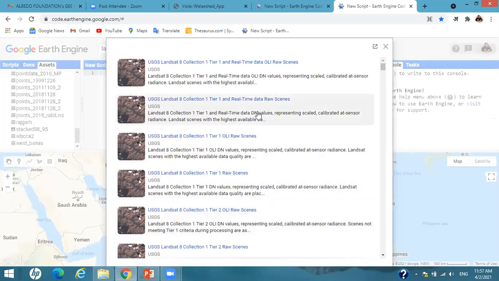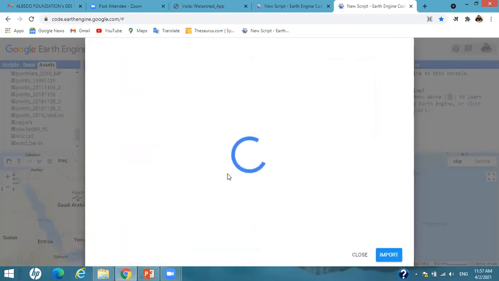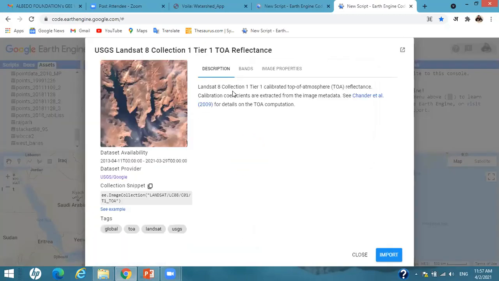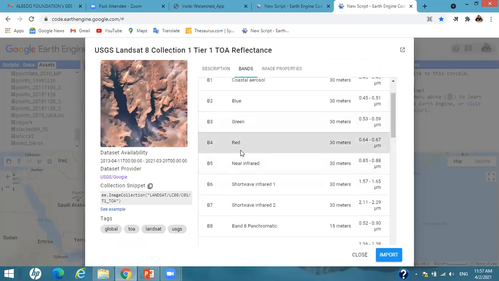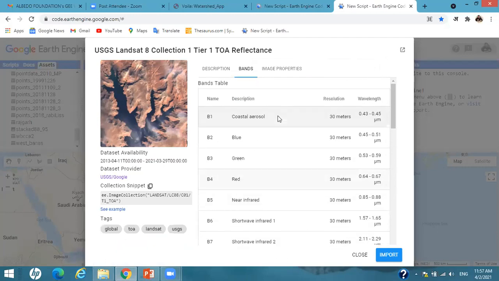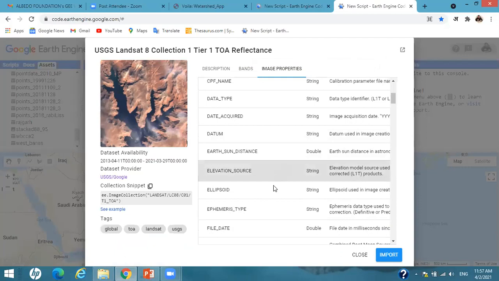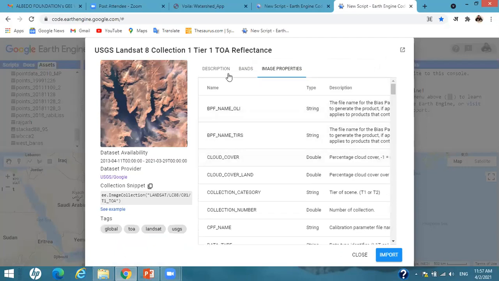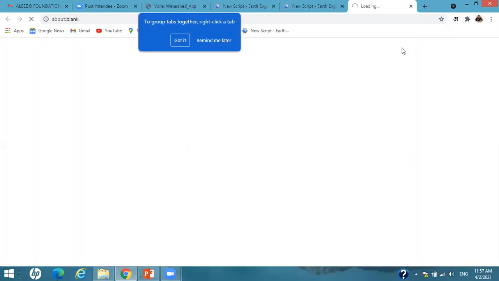If I want to display the top of atmosphere reflectance, I just click on this. Here you will get the description and the band information, like band 3, band 4, band 5, all these available bands, and the image properties, like the different properties available for each band. And if you want to display this data set, either you can copy this code, or you can just open this in another tab.